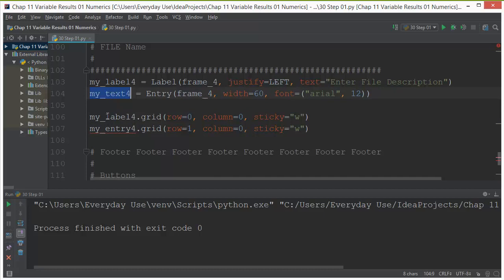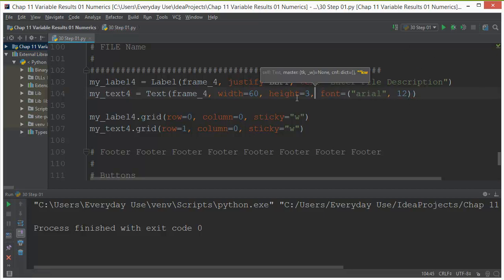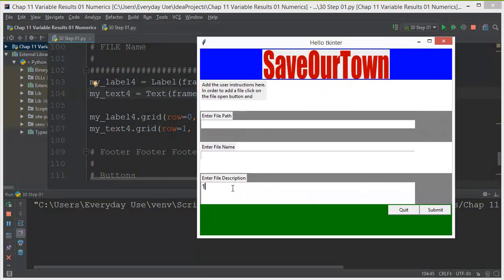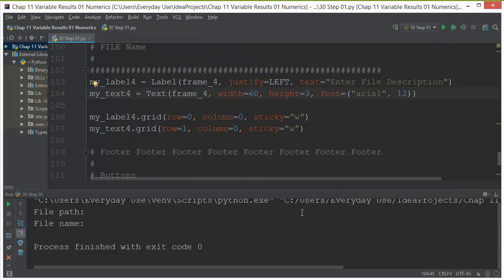I'll leave it as 4, which kind of anchors it within the frame number. So I've got my underscore text 4, and I don't want that to be an entry, I now want that to be a text. It's pretty much the same information, except it can also take in a height here, and these are the number of lines. So 3 fits within that space, 4 won't quite fit in with that point size. Well, I now want to grab the information from that, so let's just make sure that looks fine. Yeah, that looks okay, so I can put those 3 different lines, put some data within there quite happily,